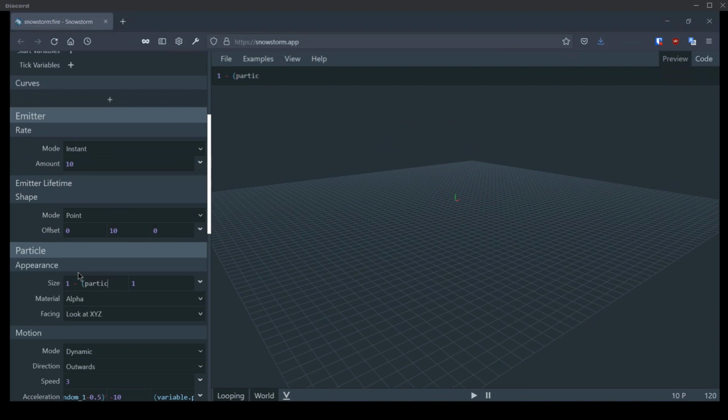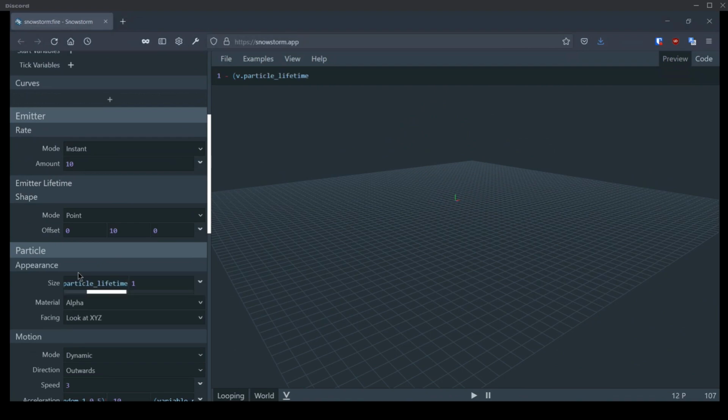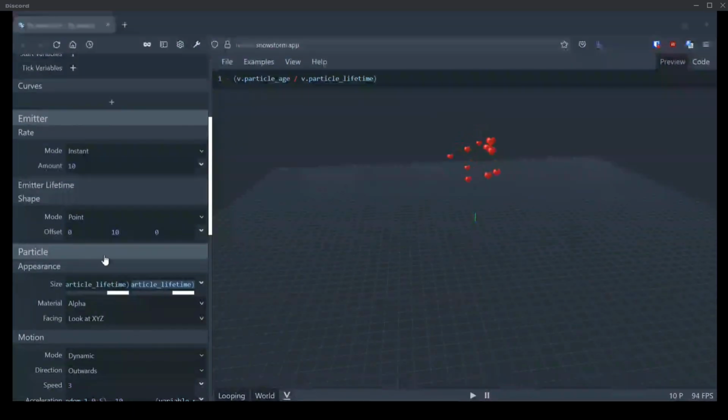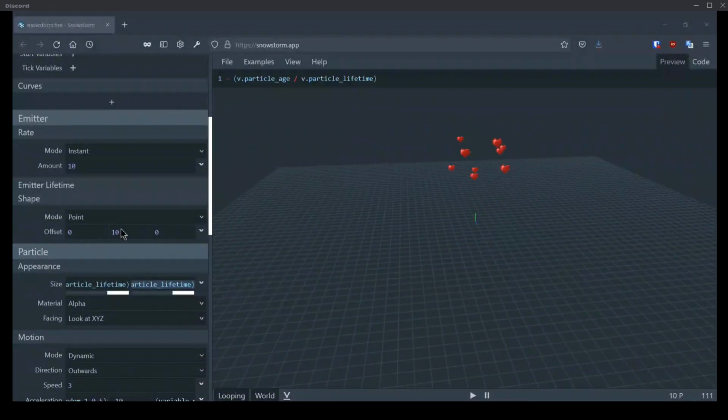So I'm going to use the same trick to scale the particles down. Maybe someone should throw this snippet into Discord because it's such a useful one. If you ever need to turn something into a percentage duration of how long the particle's been alive, that's the one for you.